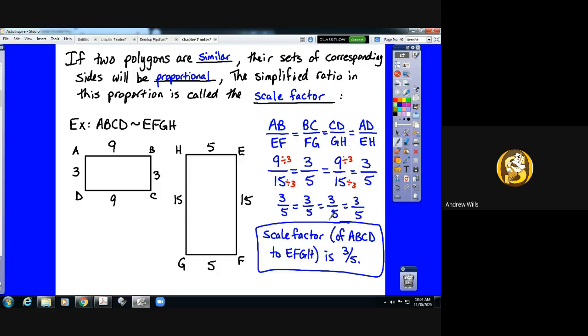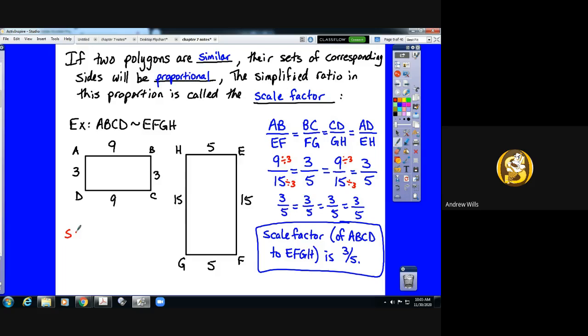Now, the reason why I added the part in parentheses is because technically, and I don't think it's going to happen all that often, there are really two different scale factors. We've got the scale factor of ABCD to EFGH, which is 3/5. And that's the one that we would probably be using in this problem because our similarity statement has ABCD first, which means those would go on top. But in theory, we could also state